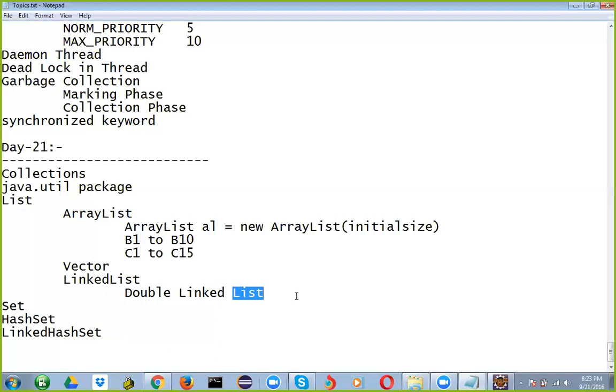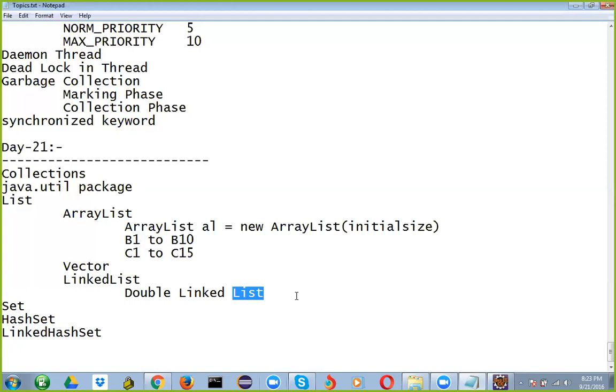That means if I need to read the 1000th element, I have to start from the first element. I have to talk to each individual guy. What is the next guy's address? Next guy's address, like that. I have to traverse till the end. Here, the retrieval operation consumes more than the